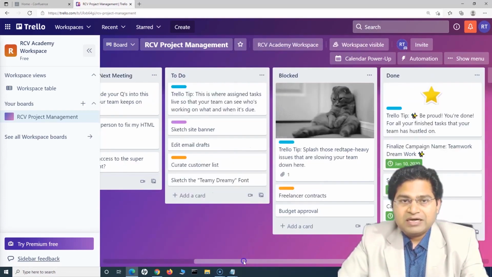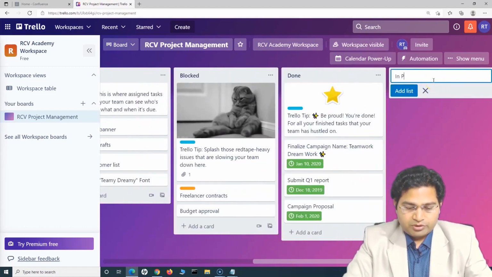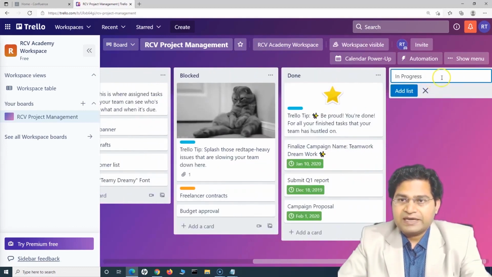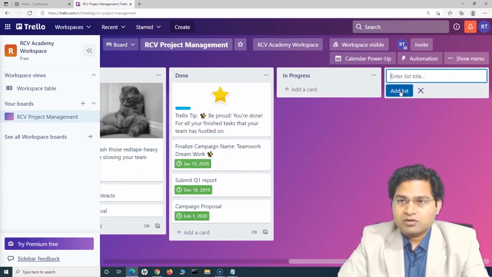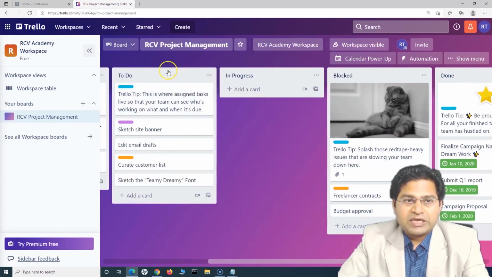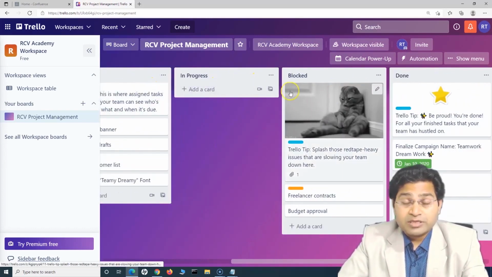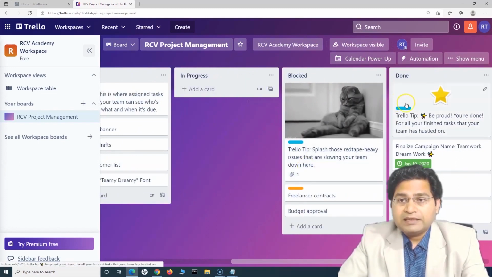Say for example, I want to have another list with the name in progress. I can add that, click on add list, and then move this list after to do. So we have to do, in progress, and then if there is some card that is blocked, that needs to be moved into the blocked column,